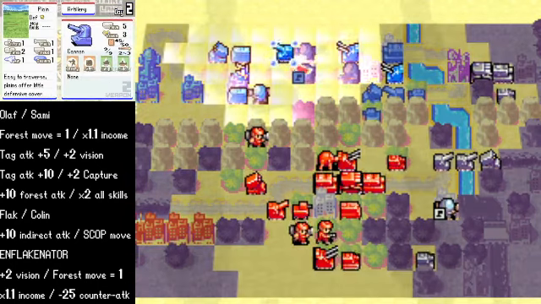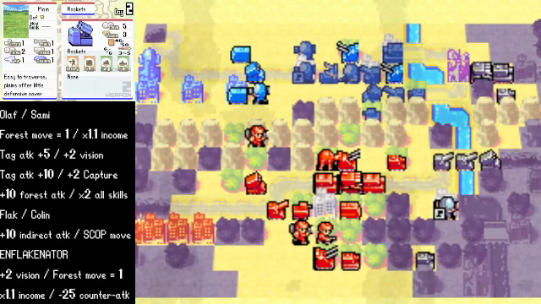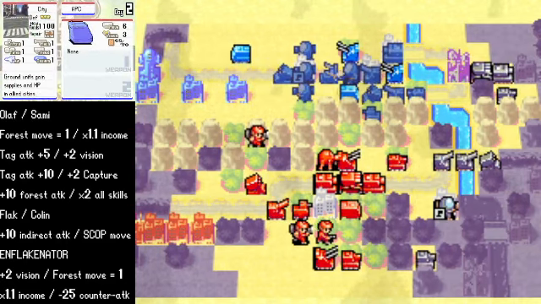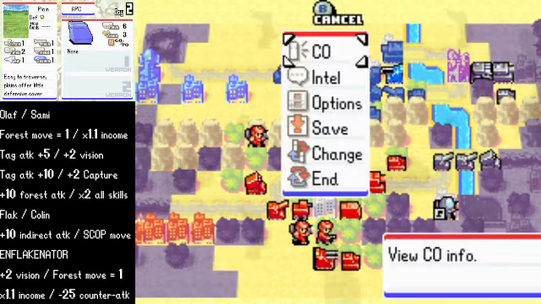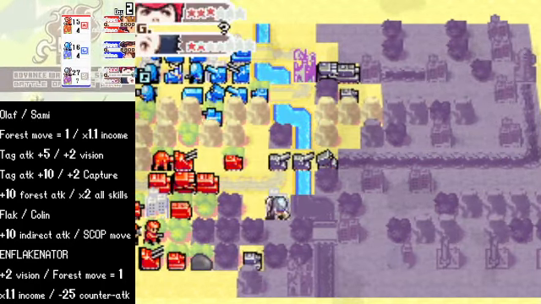Yeah, I'm just moving everybody forward. At this point, I don't have a lot to really say quite yet. Not even really using the APC to transport anything. Not super helpful quite yet. The enemy does have comm towers, so if they do manage to get some attacks off, it'll be...